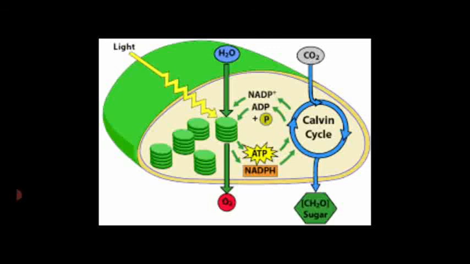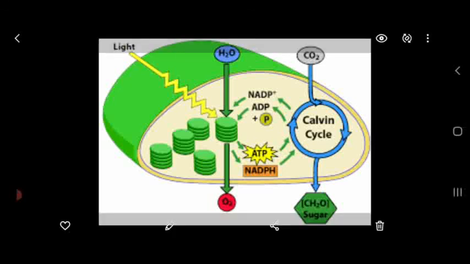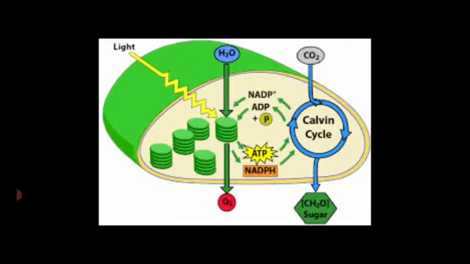Then factors affecting photosynthesis, structure of mitochondria, functions of mitochondria, what is respiration, and the two types of respiration, aerobic and anaerobic respiration. Aerobic respiration takes place in 4 stages: glycolysis, Krebs cycle, oxidative phosphorylation and electron transport chain, and then anaerobic respiration. And the final topic is respiratory quotient.